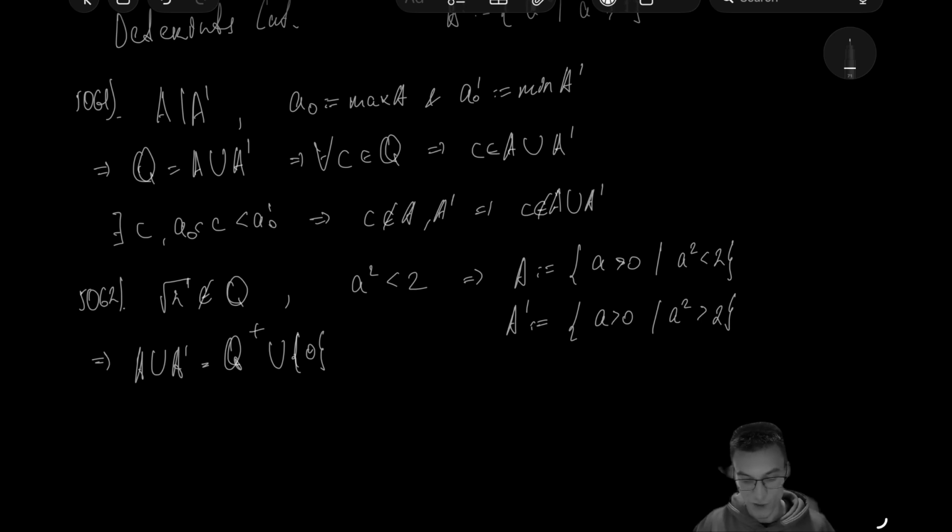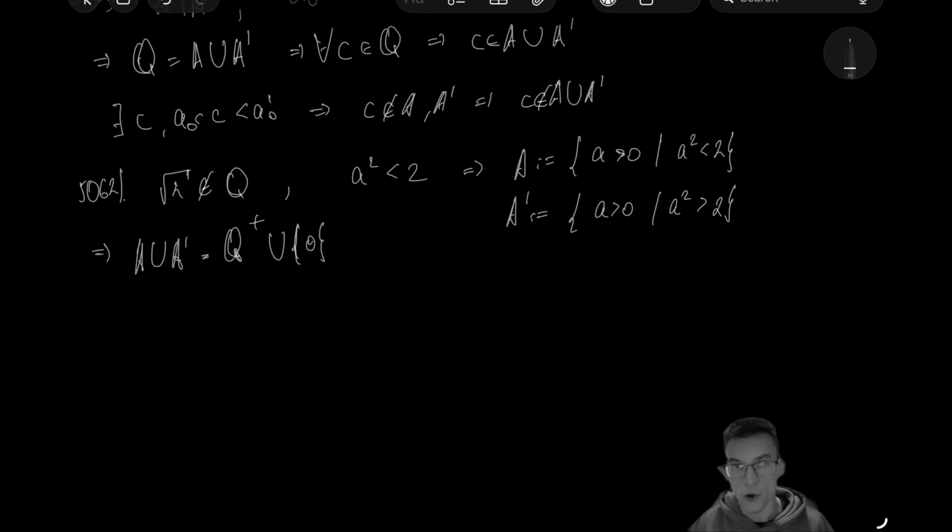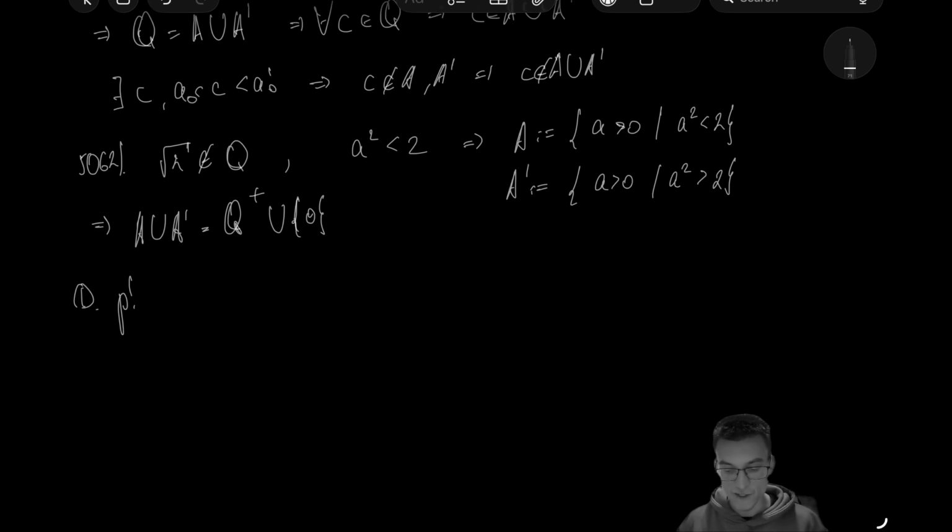And the fact is that we can even show that there is no maximum number in a lower class, and there is no minimum number in the upper class. How to show that? So here it is. Let me show this. When we're stating that there is no maximum number in the lower class, we're essentially saying that for any number which belongs to the lower class, there is always such, let's call it